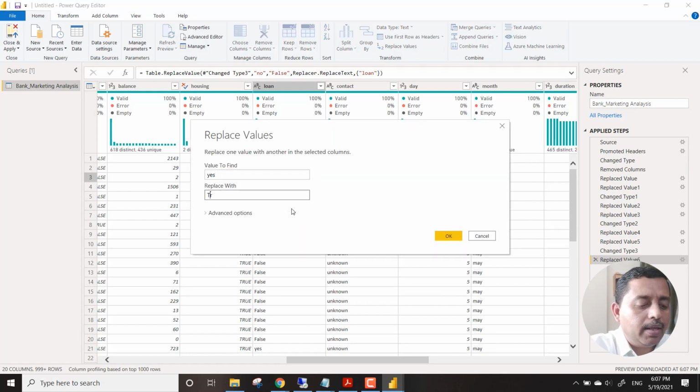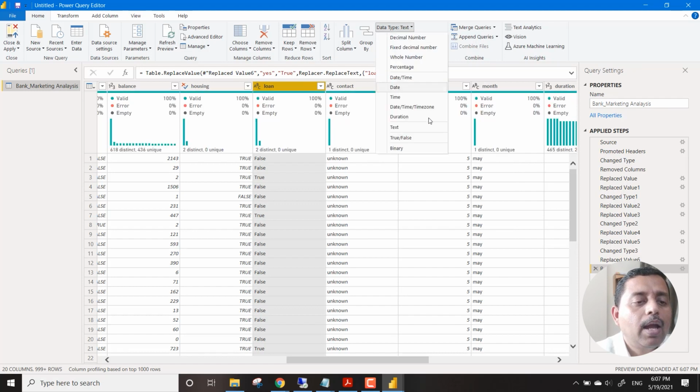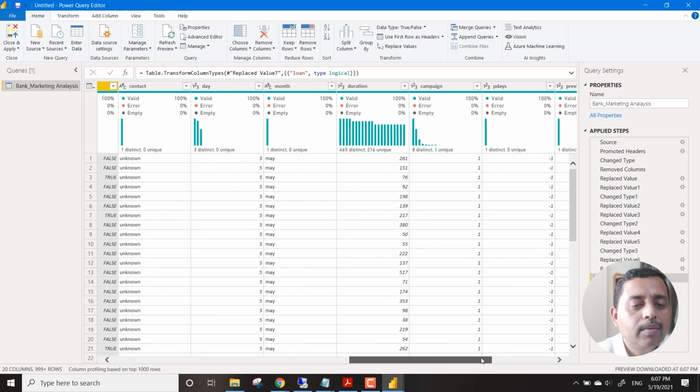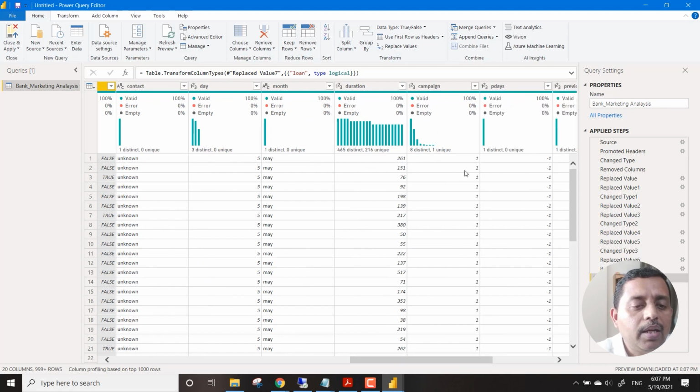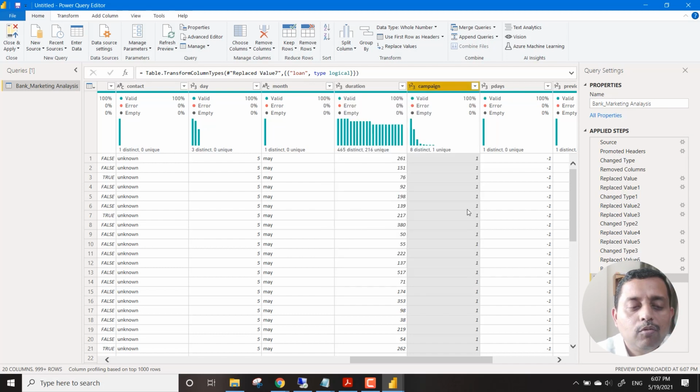But you can see that it's a very quick process, and almost we are done with these things. Now if you go to campaign, that's a numeric value, so we don't know whether it was a campaign code or whether it's a first campaign, second campaign or something. We don't have an idea about that. What campaign are we talking about?